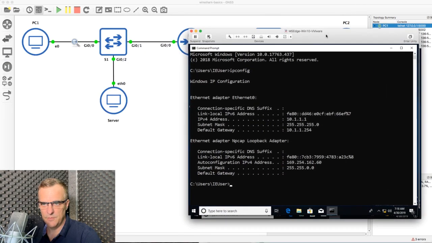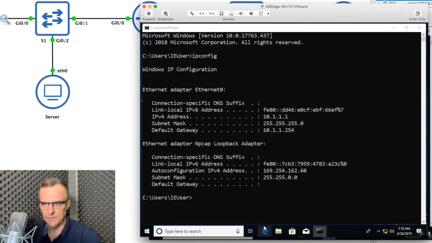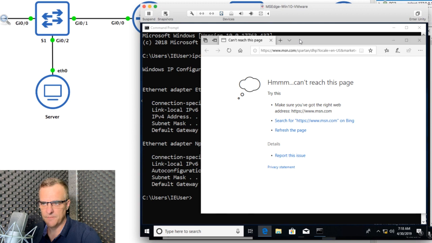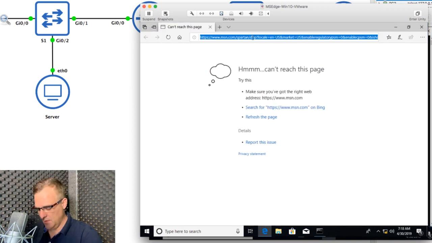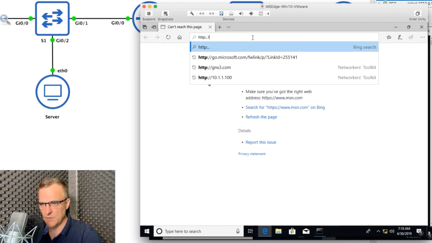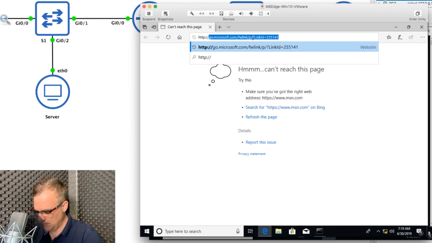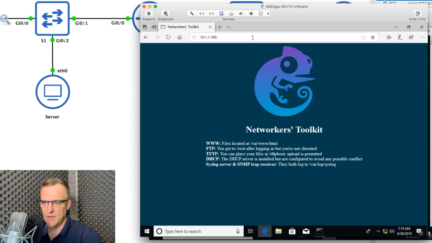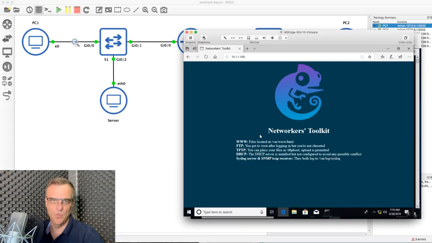So let's use PC1. Open up a web browser. I'm going to browse to 10.1.1.100, which is the server, and as you can see there, a web page is displayed. Now it's nothing fancy, it's just a basic web page hosted on this server, but it's enough for us to